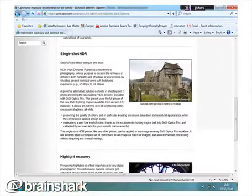Single shot HDR is also available on this. HDR basically means high dynamic range, and there's a whole new genre of photography opened up as a result of this. There's even books out there. It basically brings out the highlights and shadows of your photos, and by adjusting it by a couple of stops, you can then create powerful new style pictures, and there's presets that